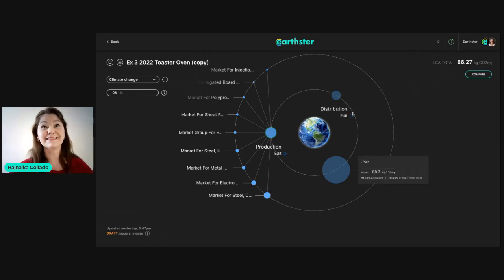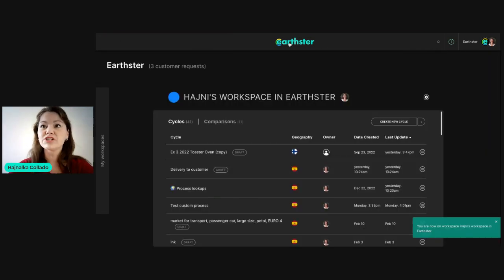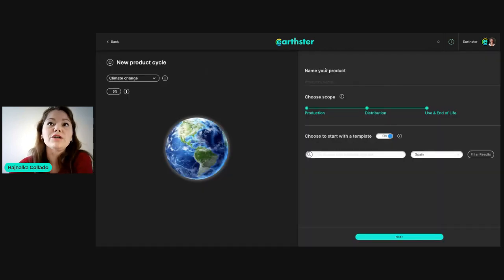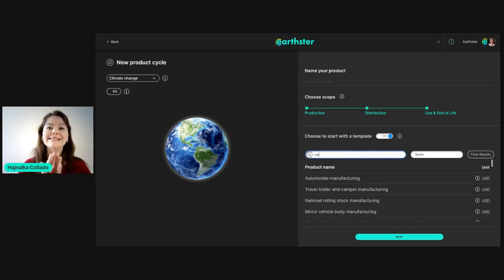Let me see. And talking about cars, we have such a concept in Earthster as templates. When you click Create New Cycle, you saw this before, you can choose to start with a template. Now, for example, if I write here car, this search is a different search than the one I've been showing. This one, we have about 440 templates created